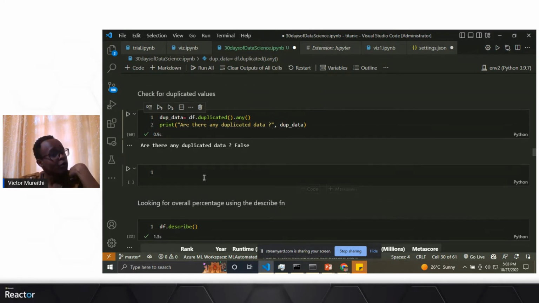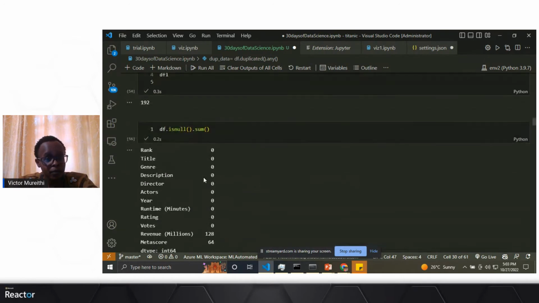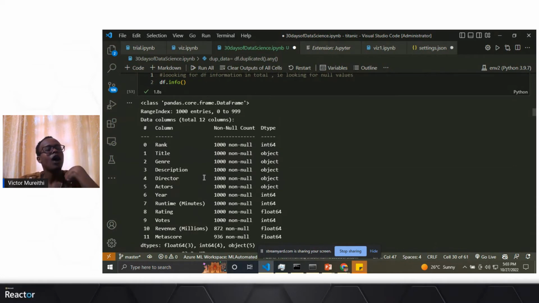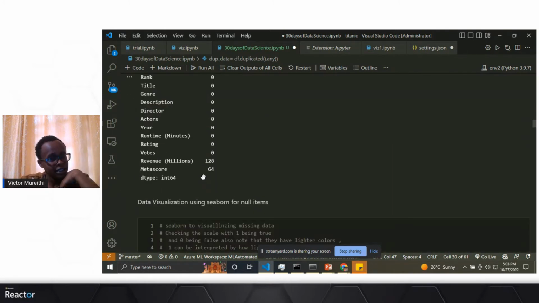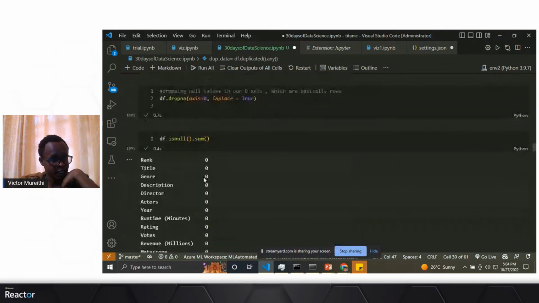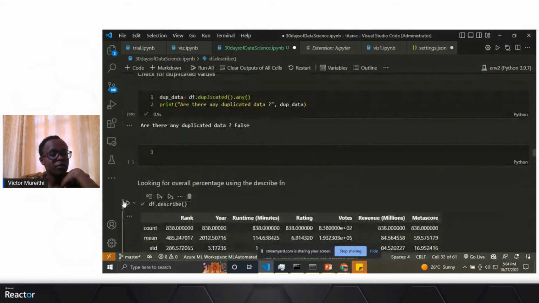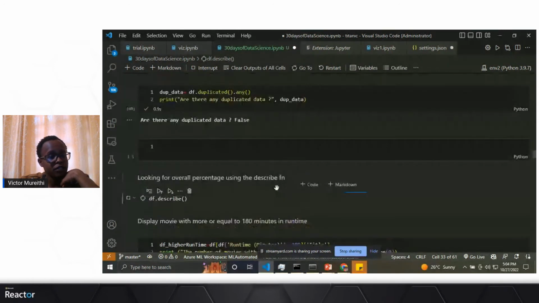I know when we used data.info here, it showed us something, but why can't we go deeper and check how our data really looks? So when we use data frame.describe, which is right here,